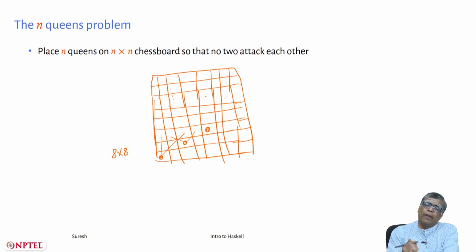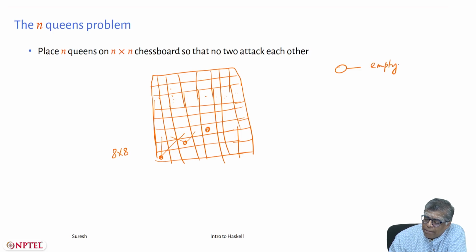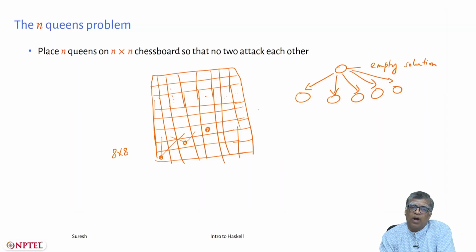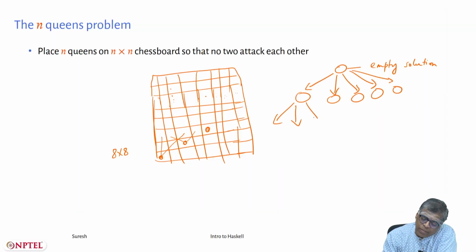And you can see how this is related to graphs, because initially you start out with the empty solution. It is a tree rather than a graph, but yes. There are lots of ways to extend this, and from there lots of ways to extend it again. Some of these ways of extending two different things might collapse to the same. So in general, it is what is called a directed acyclic graph.